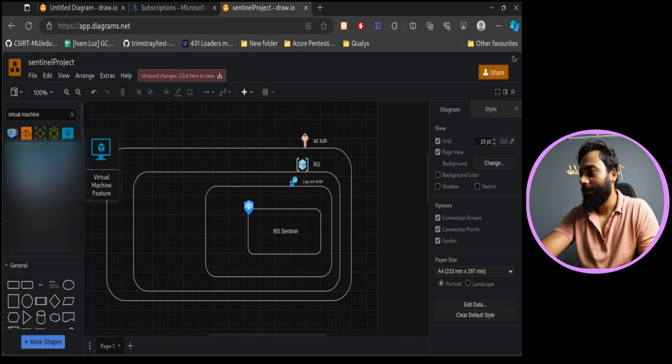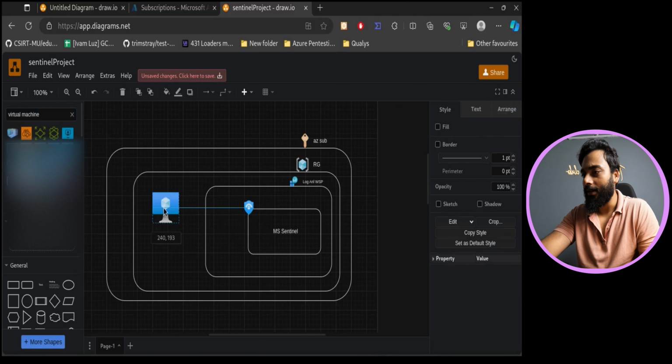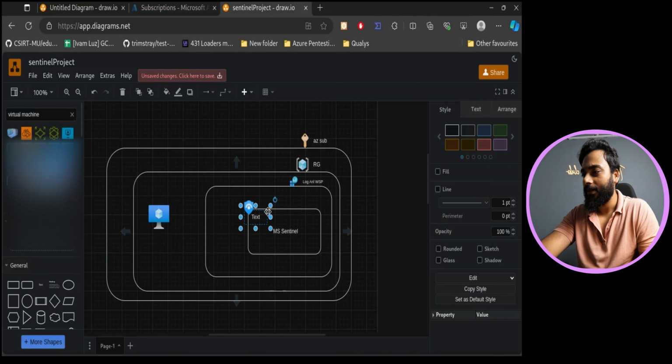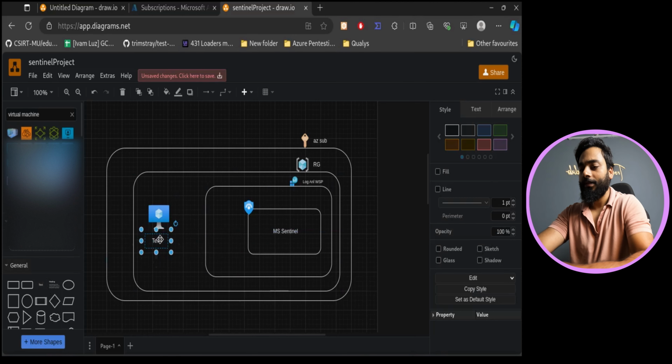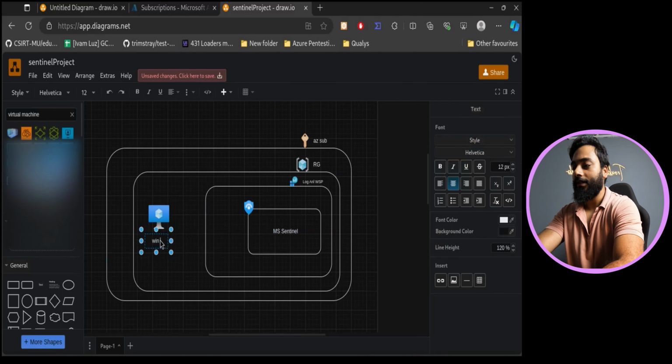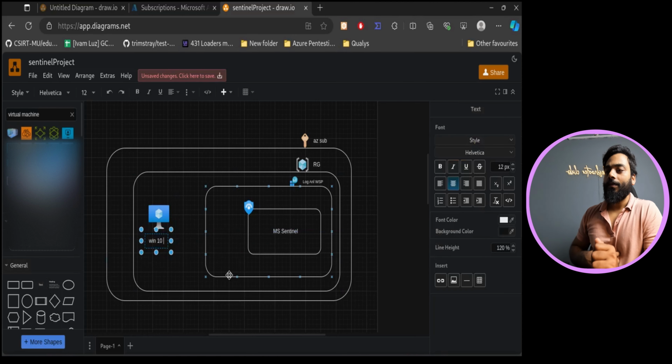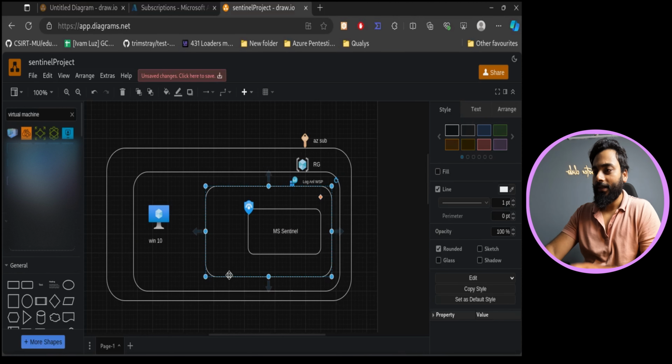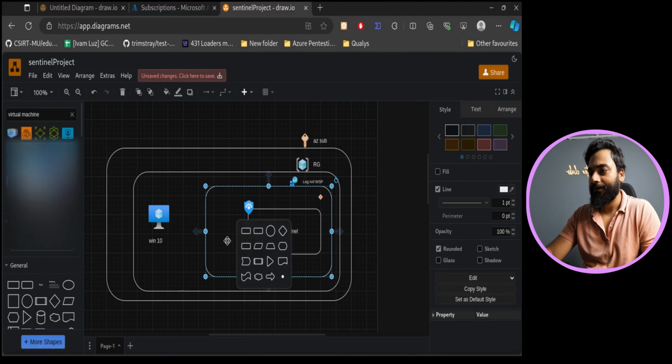So, okay, let's pull this icon as a virtual machine. It would be outside, but inside the same resource group. This is our Windows machine system. Suppose we are going with a Windows 10 client. Cool. Now we need to install the Azure Monitoring Agent. So that would ideally be